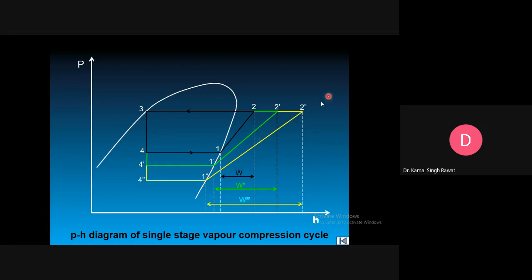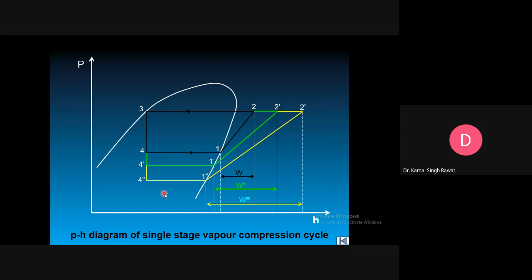Apart from that, this discharge temperature is also increased. You can see in the first cycle, our discharge temperature is T2, and in the next cycle is T2 dash, and in the next cycle it becomes T2 double dash. So it is also increasing. And when our refrigerating effect is decreasing, our mass flow rate in the system is also increasing. All points are clear or not? Yes or no? Yes, sir.